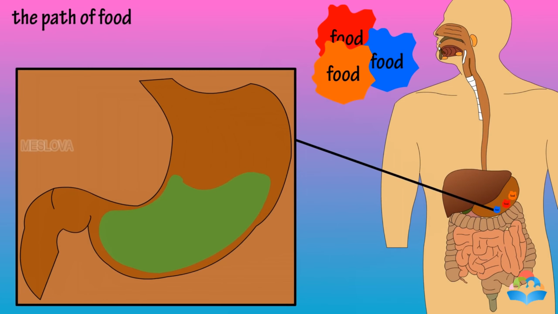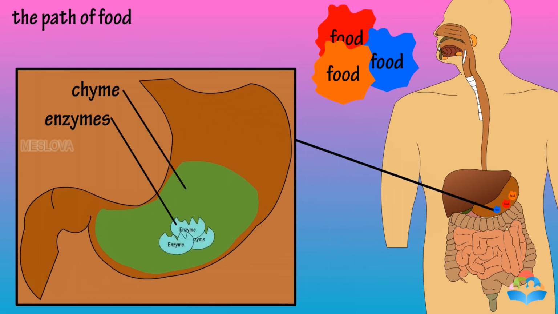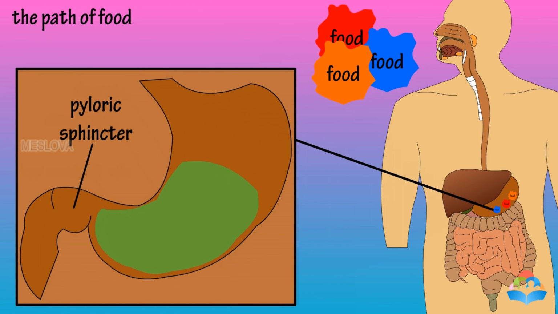In the stomach, the food is churned and ground with gastric juices like HCl, and it forms a slimy substance called chyme, in which pepsin is one of the enzymes present, which breaks the protein material. Partial breakdown of proteins and fats occurs in the stomach. At the bottom of the stomach, a sphincter-like structure called the pyloric sphincter allows a small portion of the food into the